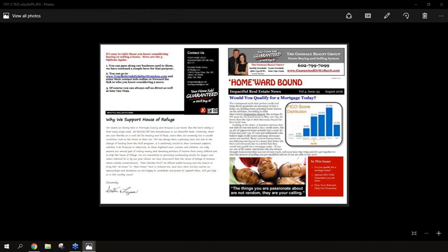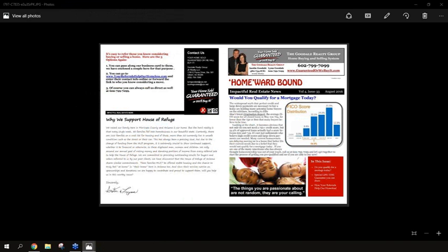So in this one, you've got your FICO score distribution, which is interesting information, right? That's the kind of thing that we're talking about, is every month or every time you send out your newsletter, have some really good specific information like that. And anything that you do in a graph like this is really friendly to your eyeballs, and it makes it very, very compelling. So it causes people to read the rest of it.